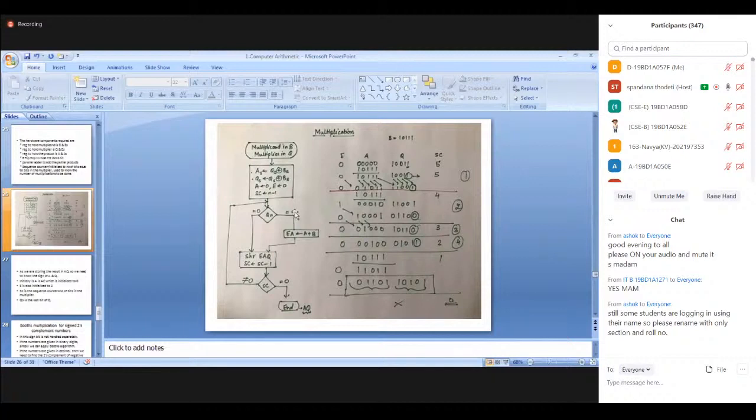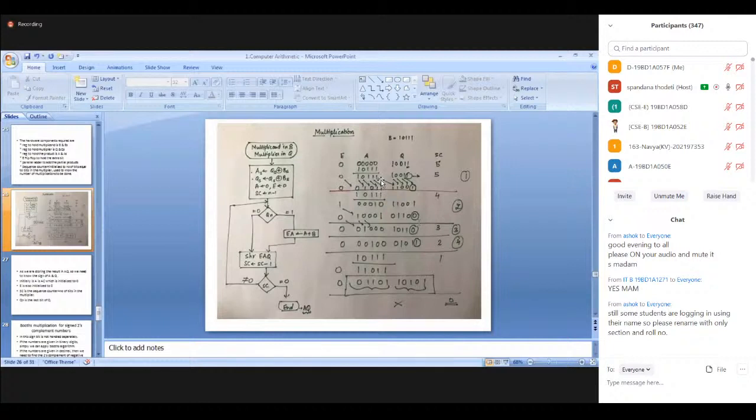What is the first step? Check the value of Qn. That is the last bit of Q. It is 1. Whenever Qn equals 1, add the content of B to A. What is B? 10311. So, to this A, add 10311. Then you will get what? 0 plus 1 is 1. 0 plus 1 is 1. 0 plus 0 is 0. 0 plus 1 is 1. So, you got